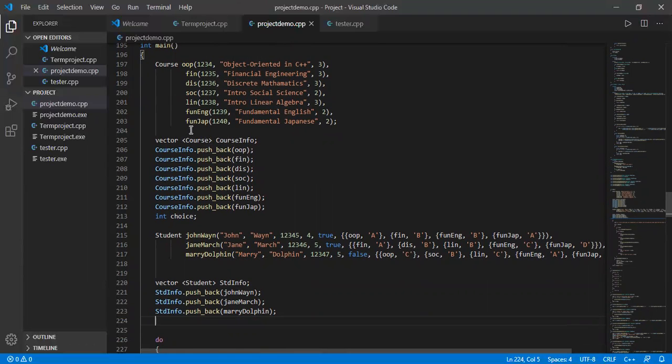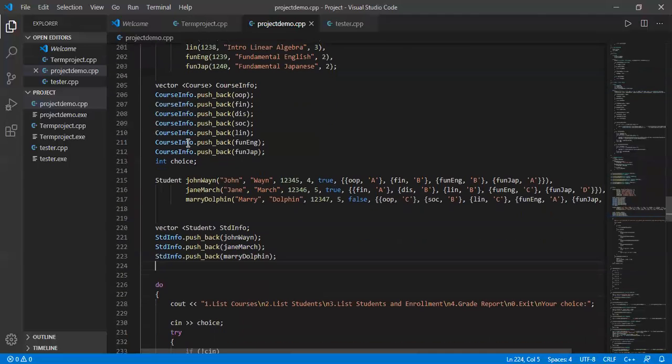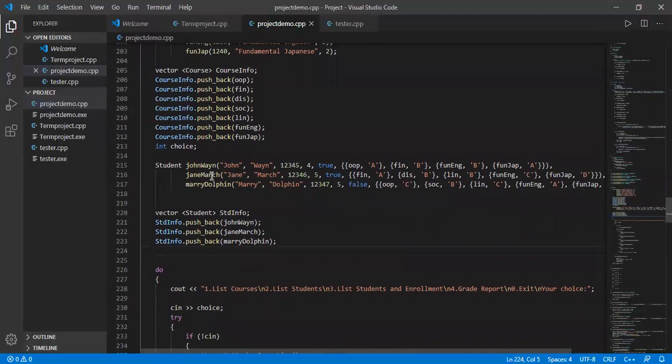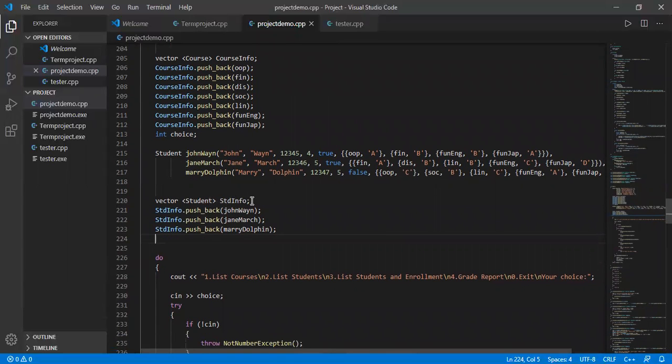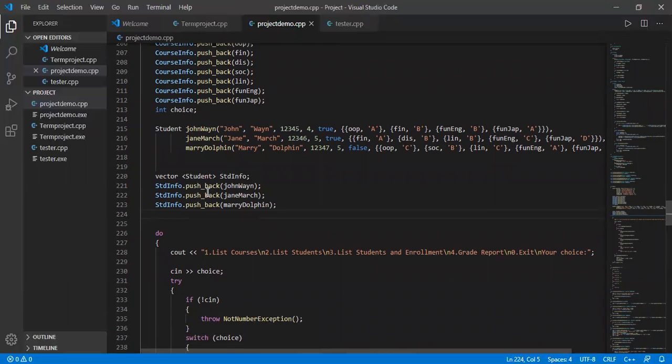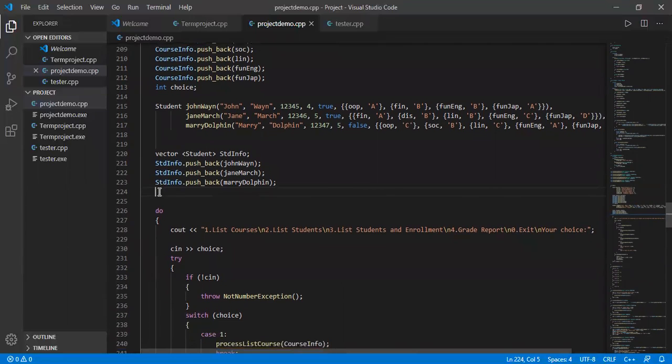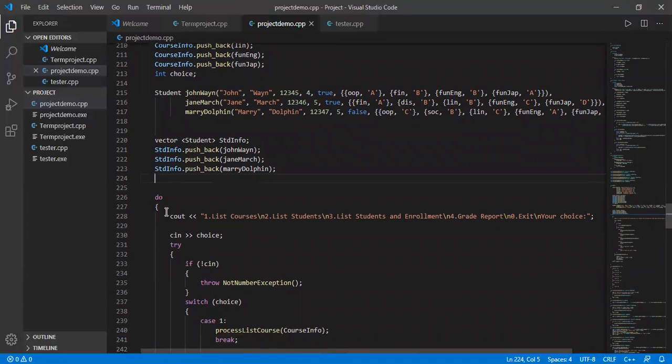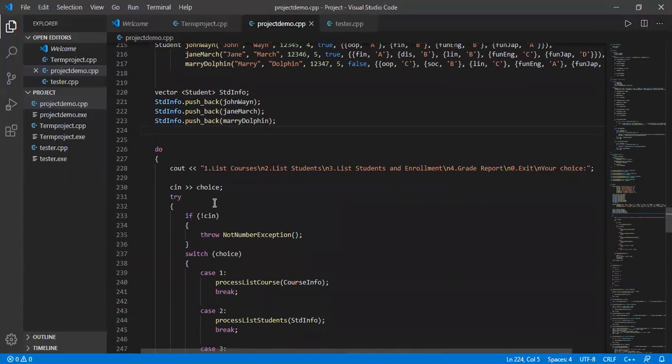That will send into the course class. That is student, that stores the information of student, that will keep it in student info, std info, and will send it, push it back into the class student, and our program will print out these lines and ask the user to choose